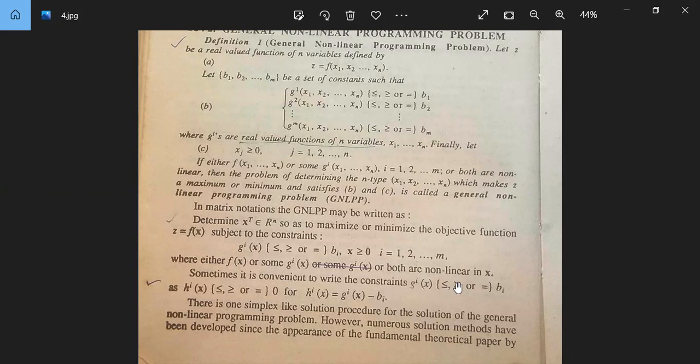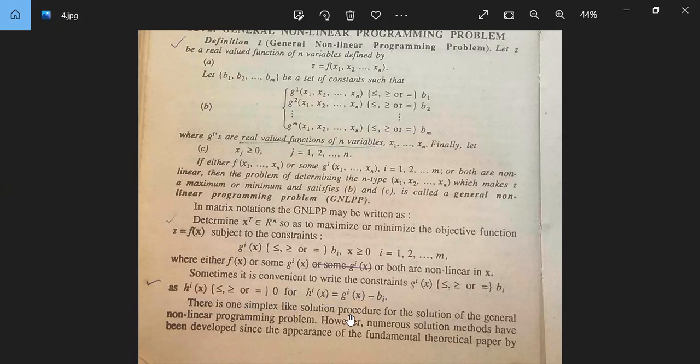Sometimes it is convenient to write the constraints gi(x) less than or equal to, or greater than equal to, or equal to bi as hi(x) less than equal to, greater than equal to, or equal to 0, और for hi(x) is equal to gi(x) minus bi। अगर hi(x) को हम ले लें gi(x) minus bi, then gi(x) के लिए ये inequality and equality।